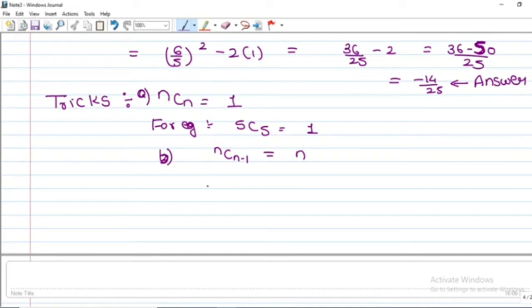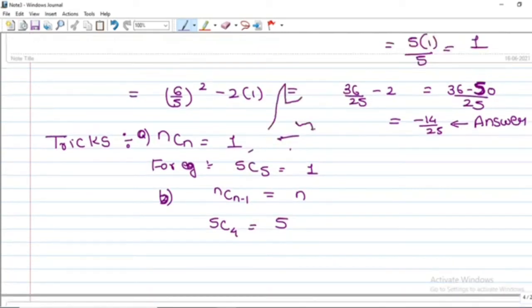The second thing, okay, this was the first trick, this was the second trick. For example, if I tell you find 5c4, just don't calculate it, just write it 5. Don't go for calculating using that formula n factorial upon r factorial into n minus r factorial. Okay, that is just wastage of time. These two things. Now using nCr is equals to nCn minus r,